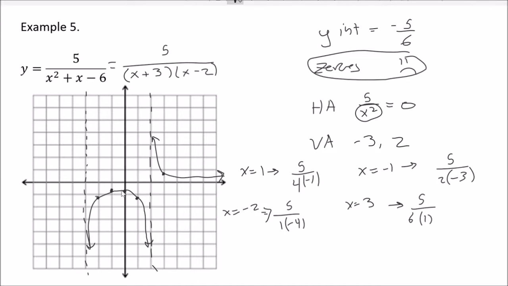And let's pick one out to the left here. How about -4? And what do we get? We get 5 over, looks like -1. And then a -4 in here makes a -6. So on this one, I get, multiplied, sorry about that. And so I get 5/6 for this one, okay? And the only thing that matters there is that it's positive. And notice, same value we got here. So this has some symmetry to it. Okay, so close to the asymptote, take a break, hit the point, now to the other asymptote, and we are